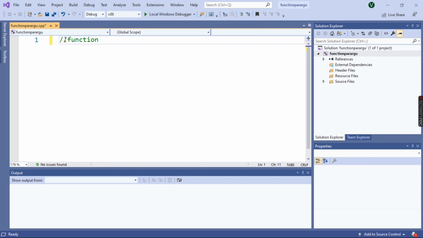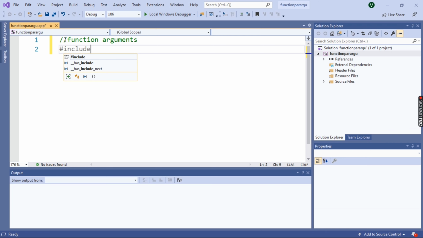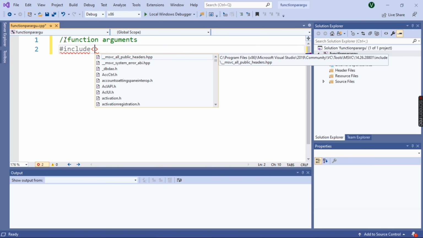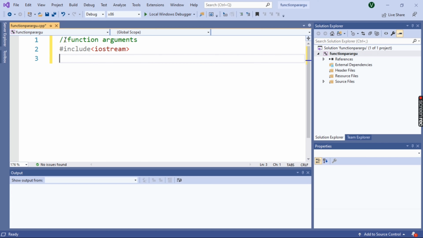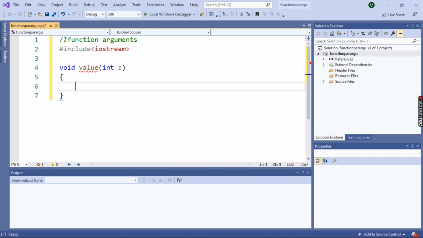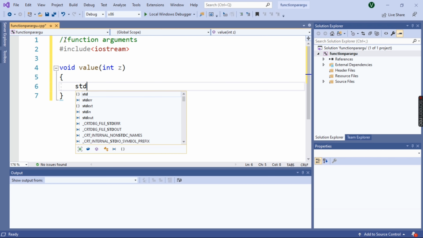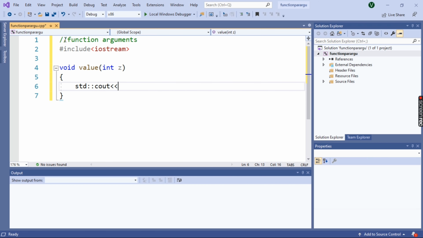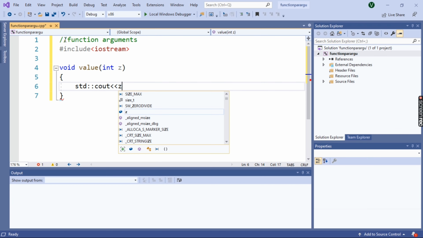Giving the single line comment, function arguments. Then #include <iostream>, this is the pre-compiled header. Then we will make a blank line, and then the function, void value is the function name. After that, parentheses, and inside the parentheses there is one parameter, that is int z.